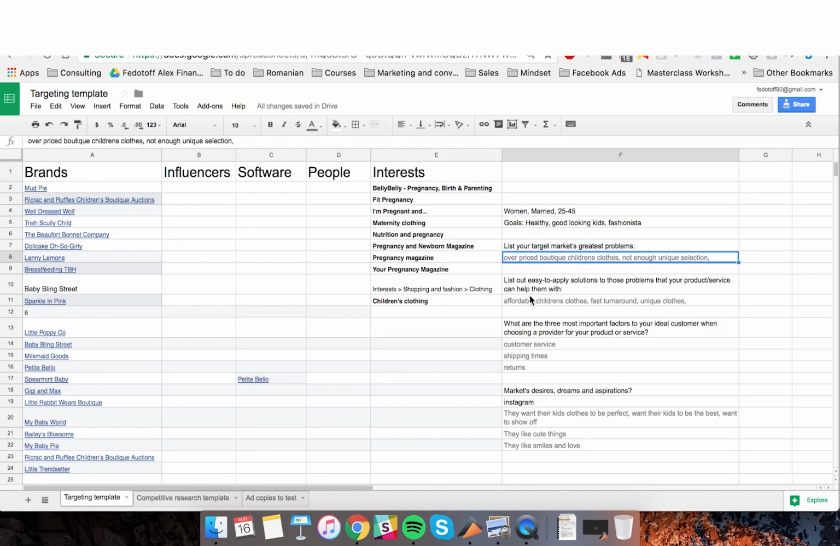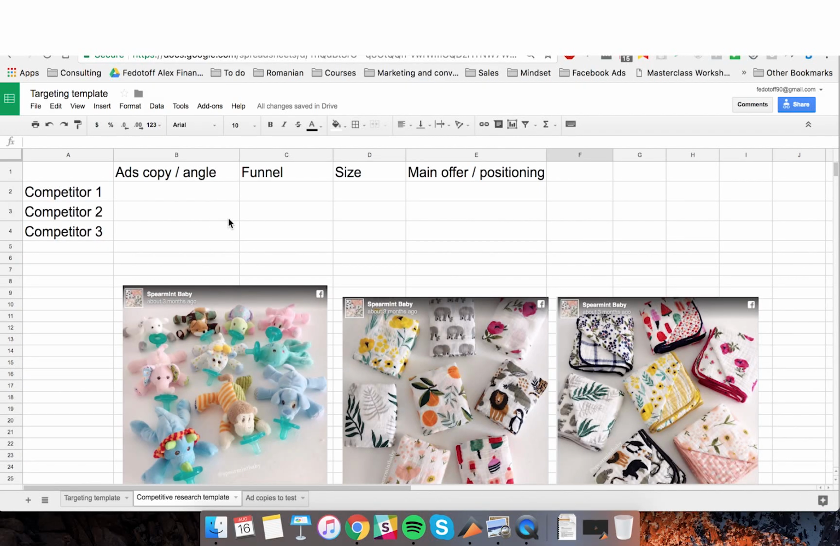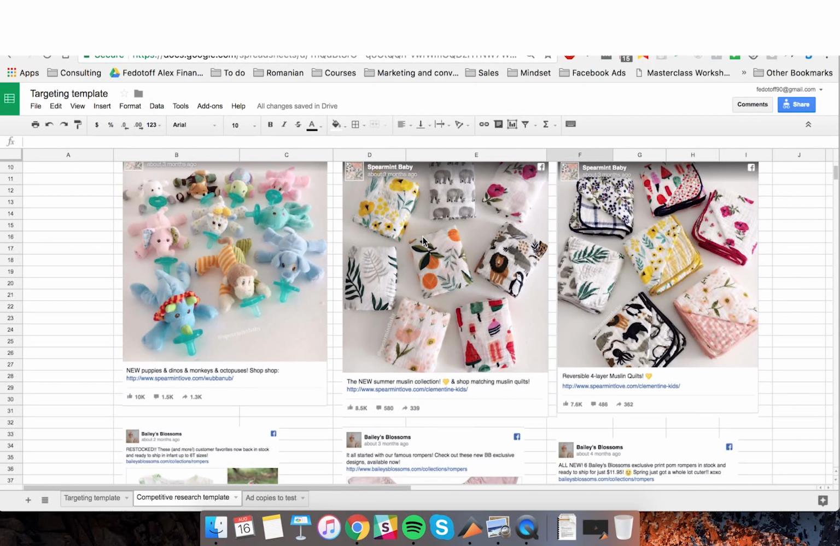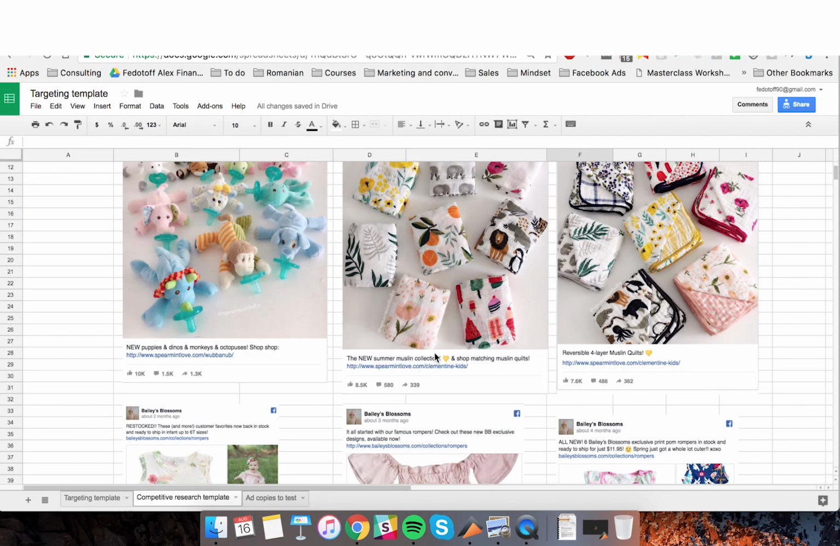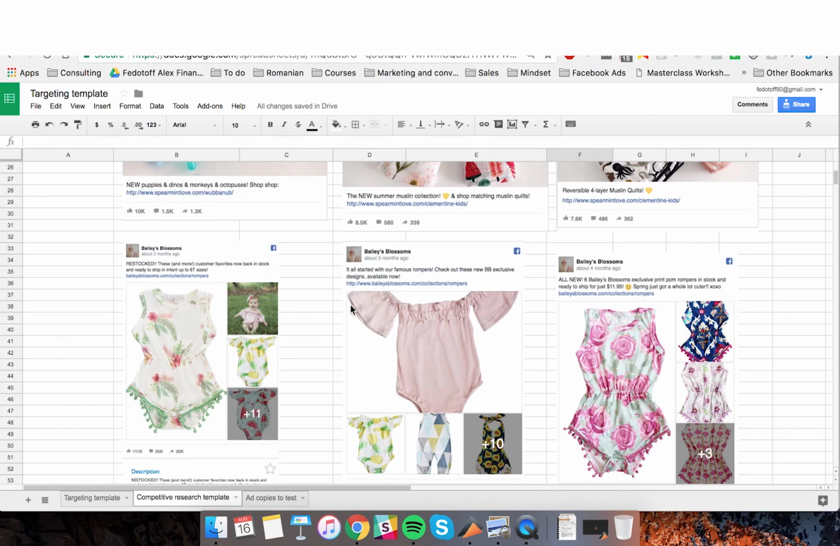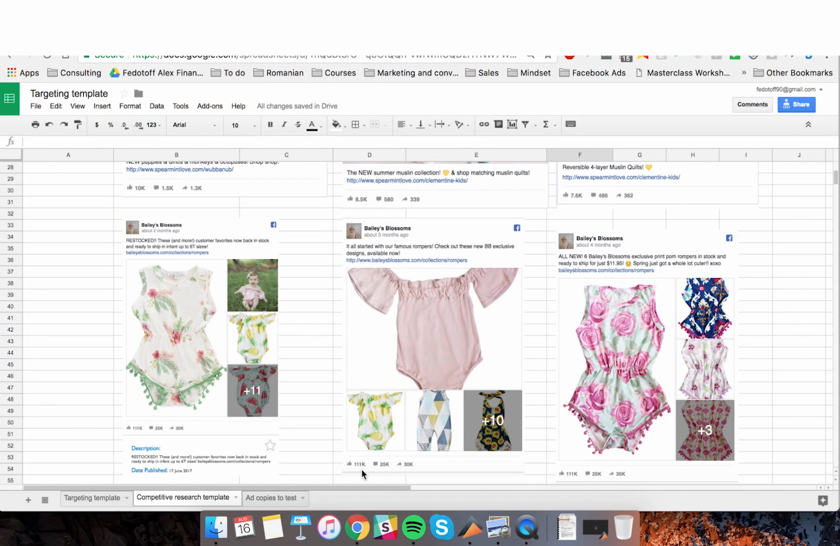We have done a deep dive survey with the client. We also identified what is important for those people, so we will be using some of these hooks in our ads. And we also identified the three most important factors to our ideal customers for why they're choosing our products and not competitors. And as you can see here, I've also conducted research on competitors. I've just looked to see what types of ad copy are working. As you can see, these are highly successful ads,